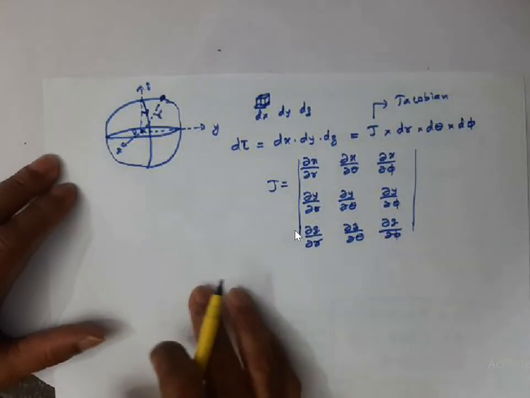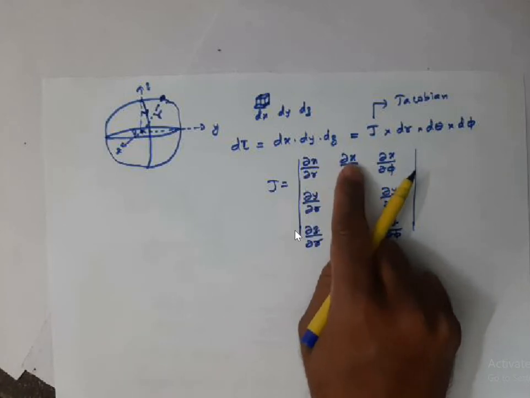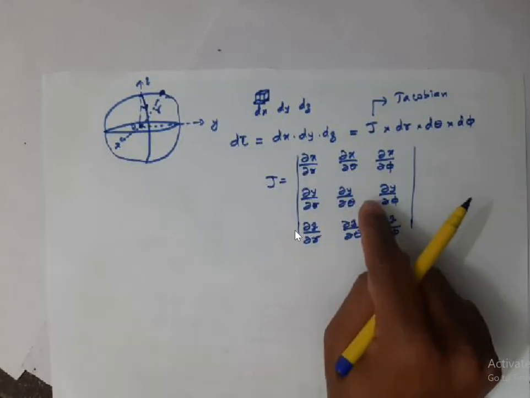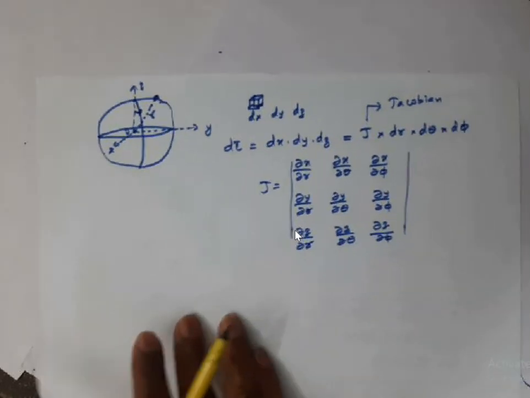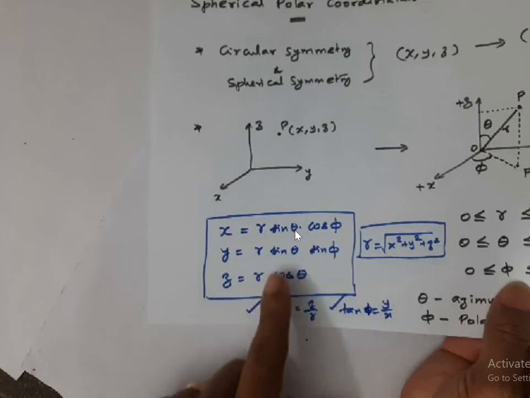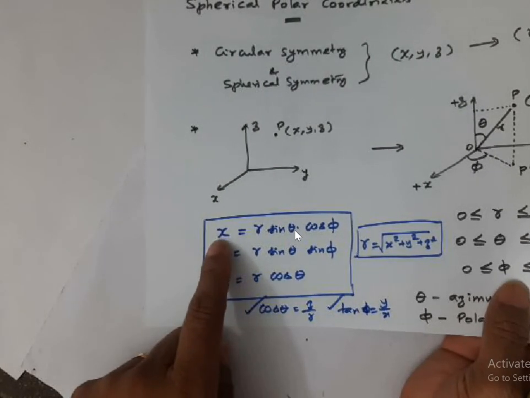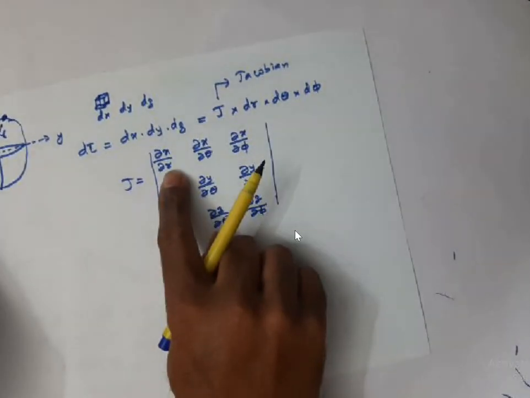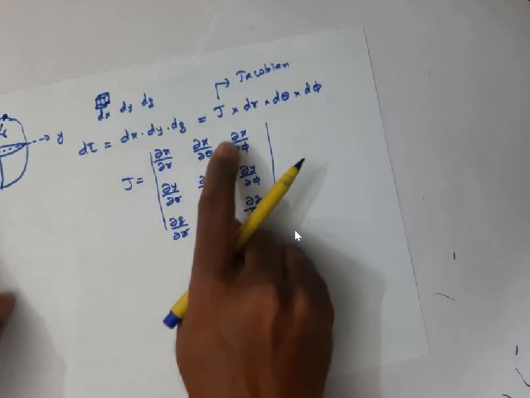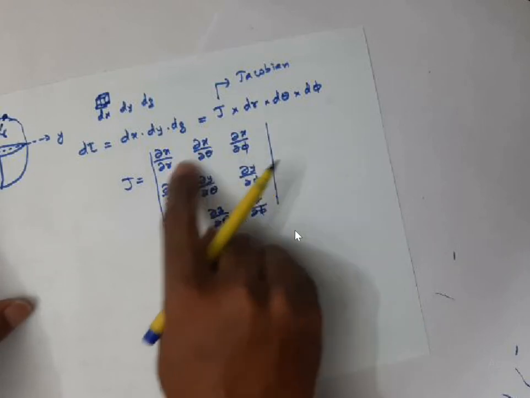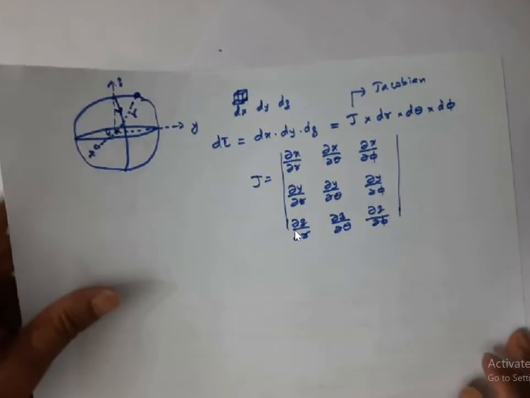Okay, you know how x and spherical polar coordinates are related, and how y and spherical polar coordinates are related, and how z and spherical polar coordinates are related. Okay, so I have given the equation here. You know all these relations. Just differentiate this by r, you will get dou x by dou r. Similarly, differentiate x with respect to theta, similarly x with respect to phi. Okay, and find all these values, substitute these values here, and find the Jacobian value.